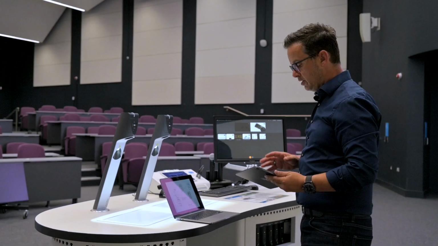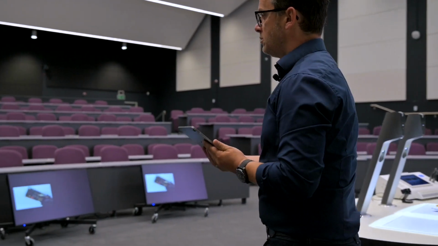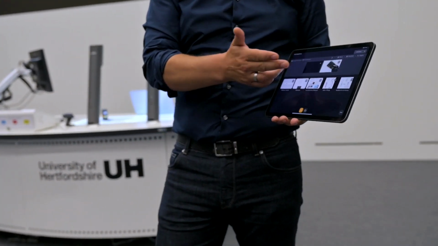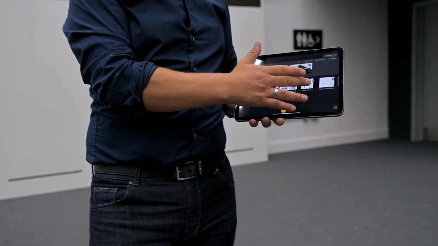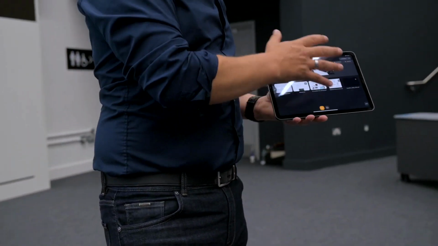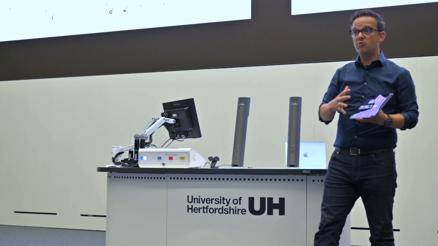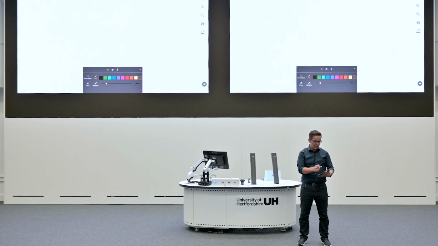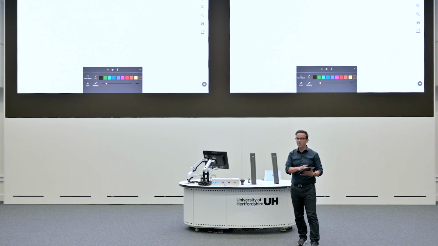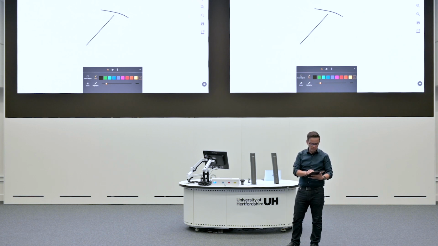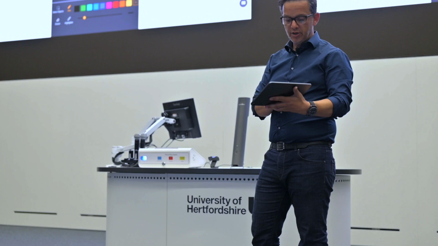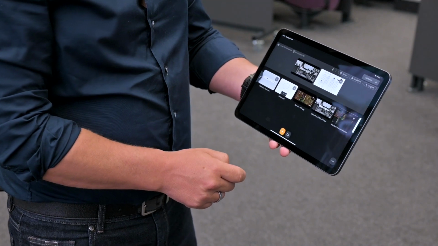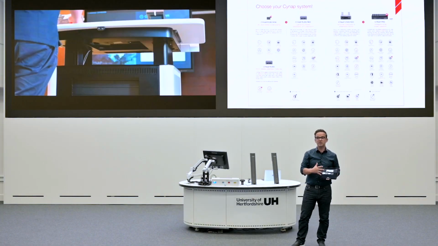It will then be side by side also on the screens. If the user wants to walk around in the room and talk to the students directly, it's even possible to use a tablet to have exactly the same user interface to control the whole presentation. So it is now possible, for example, to bring in a whiteboard and directly annotate on the whiteboard here on my tablet and do some drawings directly on the screen. But also to go side by side again, this is also possible, and control the whole presentation from my tablet.